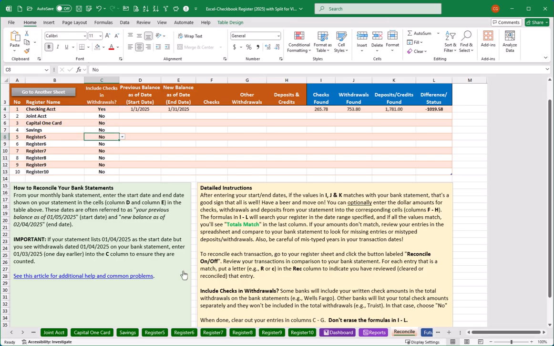Additional instructions related to this are documented here on the screen, as well as a link to an article that provides additional help with common scenarios and issues that you might run into as you're trying to reconcile your bank account. Well, that's a quick look at the new improvements for the April